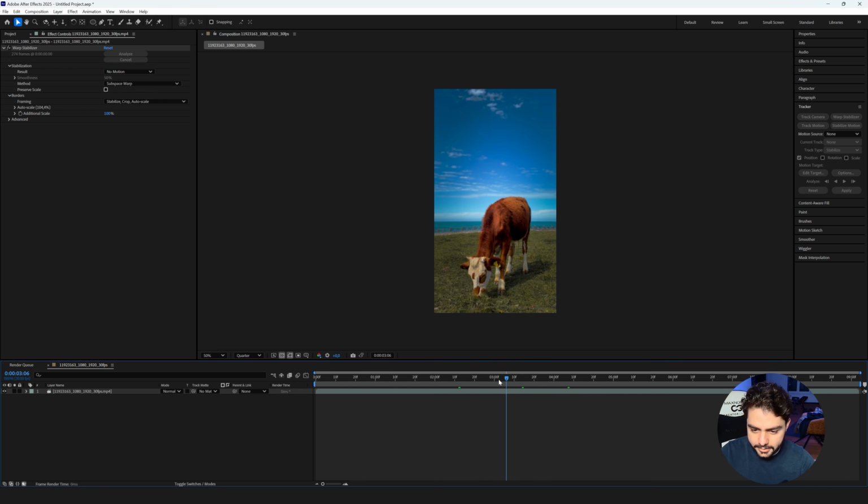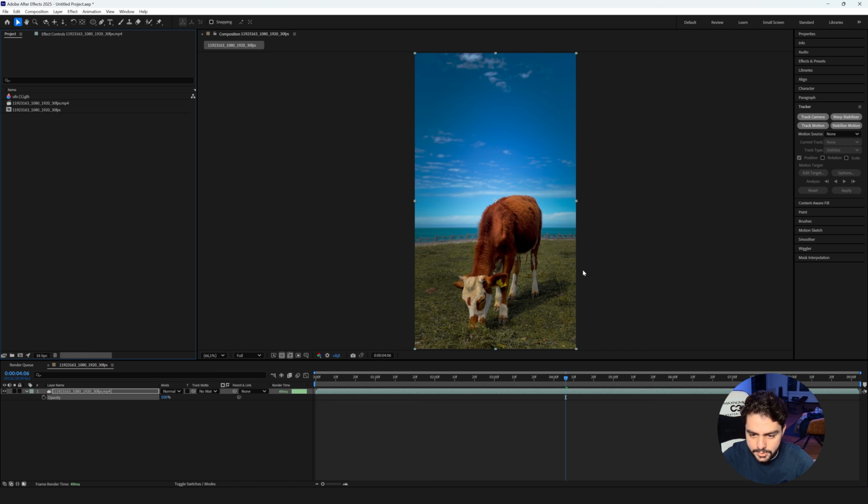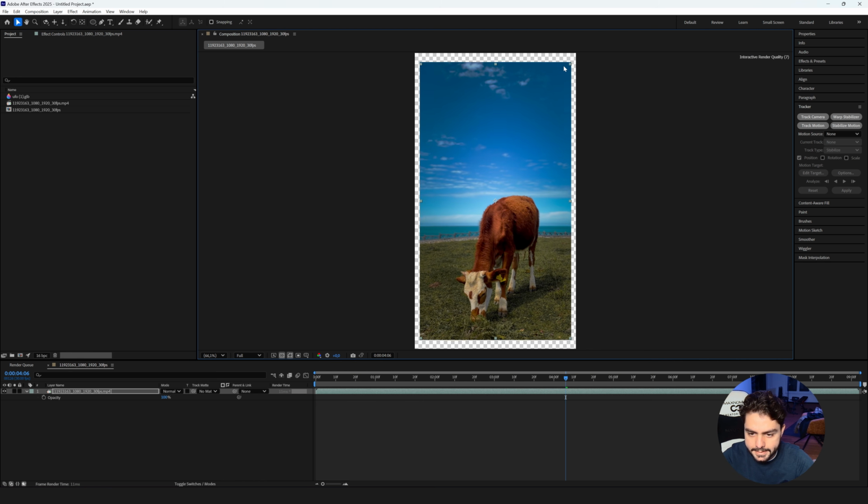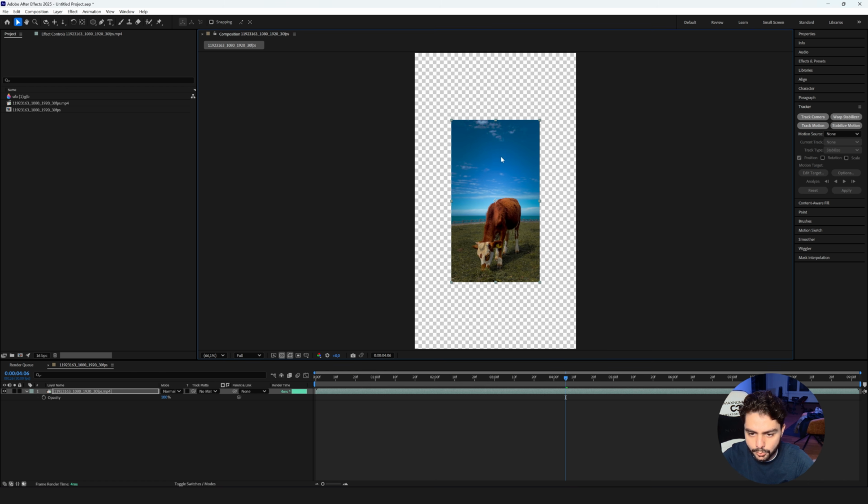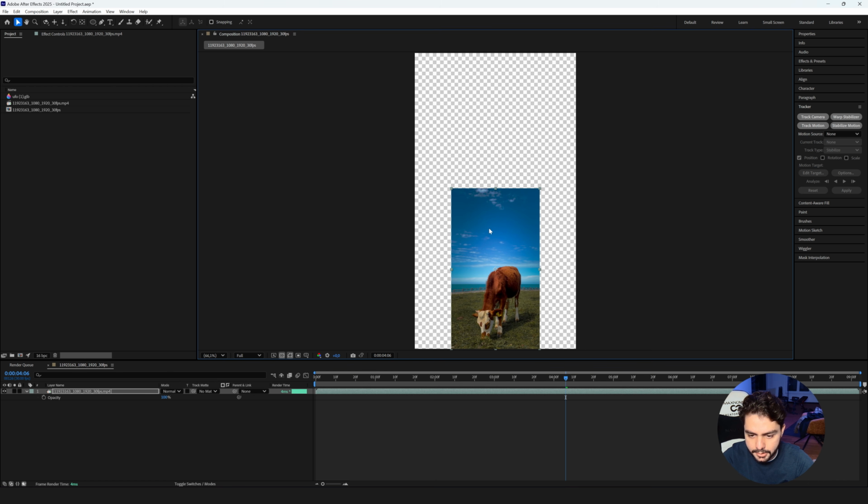Alright, so once that is done, you should see a locked shot like so. That's great. We can change the resolution to full so we see it in its full glory. And then next what I want to do is scale down this image here. So I will give more room for the UFO to appear, something like this, and then bring it down. And for example, the UFO can now be right here. So you can do this however you want, but just make sure you have some space for the UFO to